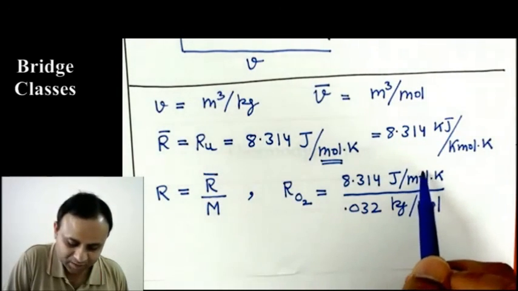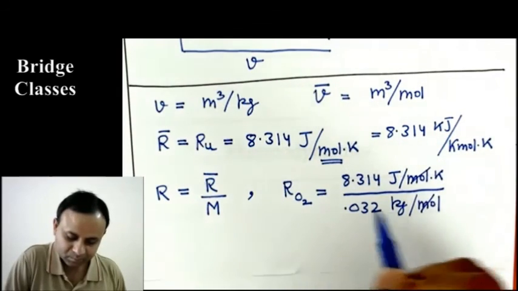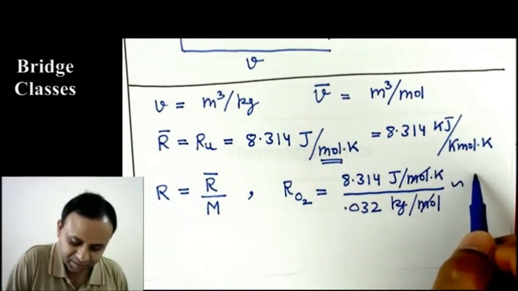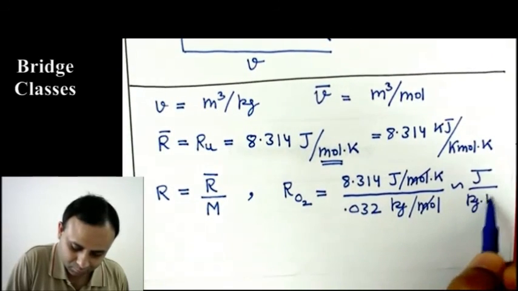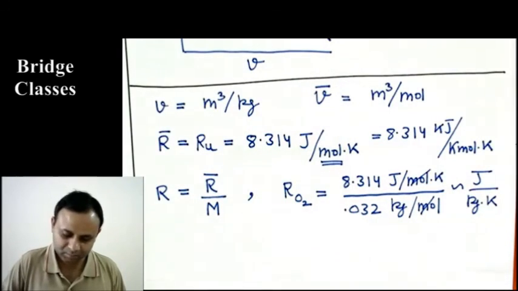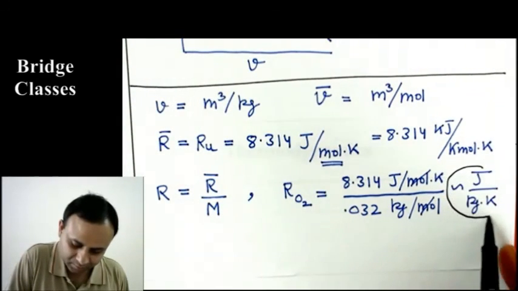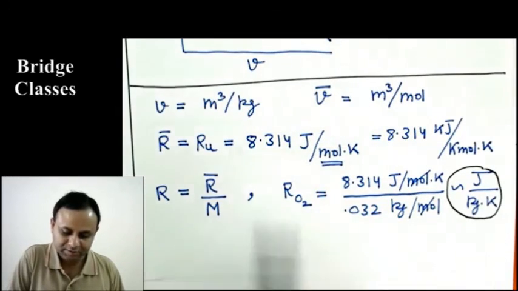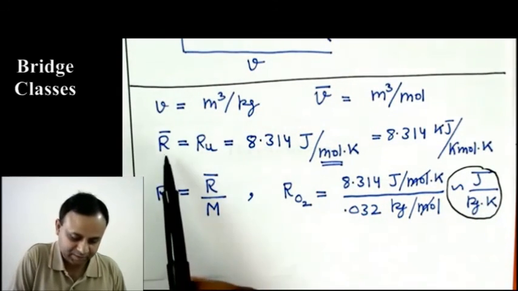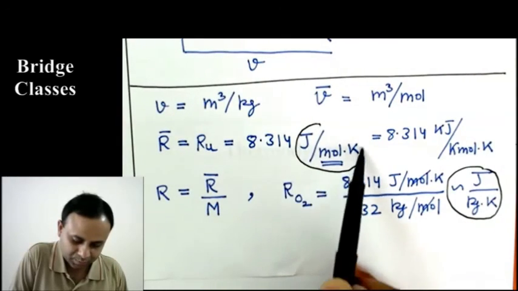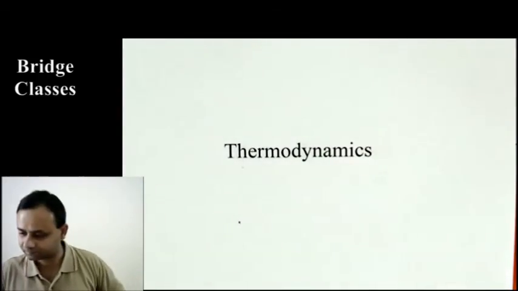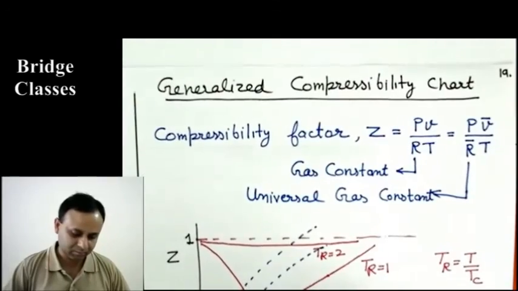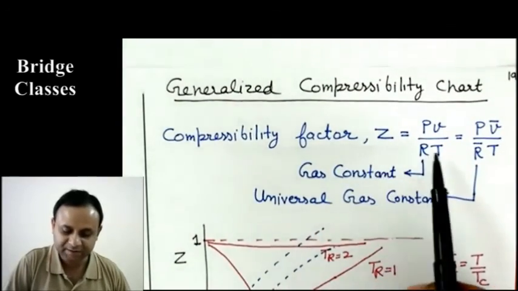So you see this mole and mole cancels. So the answer you will get will be in joule per kilogram Kelvin. So see, the gas constant is on a per kilogram basis, whereas the universal gas constant is joule per mole Kelvin. It is on a molar basis. So they are different. Okay, so if we define compressibility factor Z in this way,